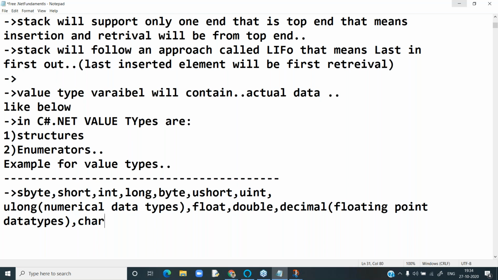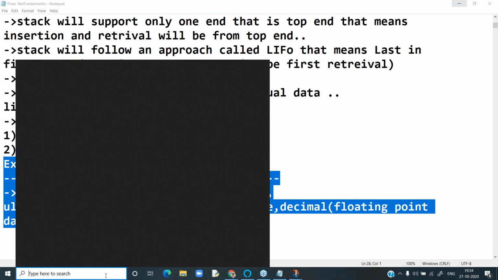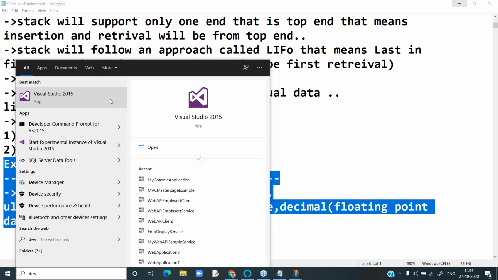If you want to know the predefined code, keep the cursor here and press F12. When you press F12, it shows that SByte is a structure defined within the System library. It is metadata and predefined code. Program.cs is your code. Like that, if you look, Long is also a structure. Like that, all are structures.